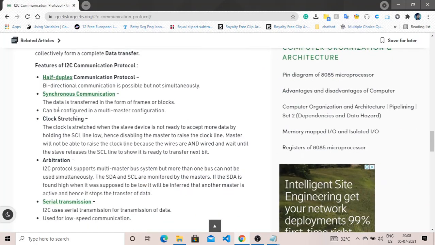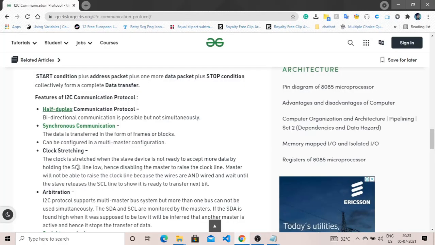Okay, now close this, and you will also get some other information. Just move on to the benefits, or we can say features, of I2C. It is half duplex, so bidirectional communication is possible but not simultaneously. It means you can send data or receive data but not at the same time.